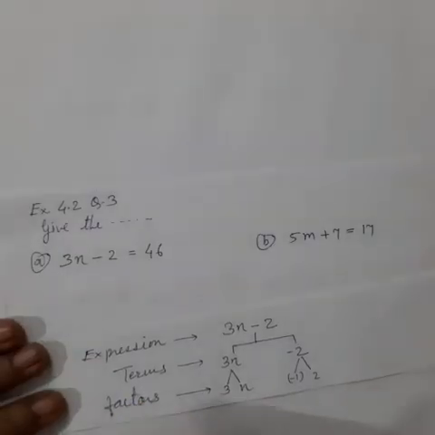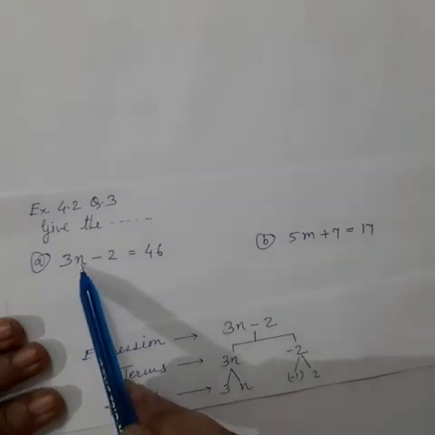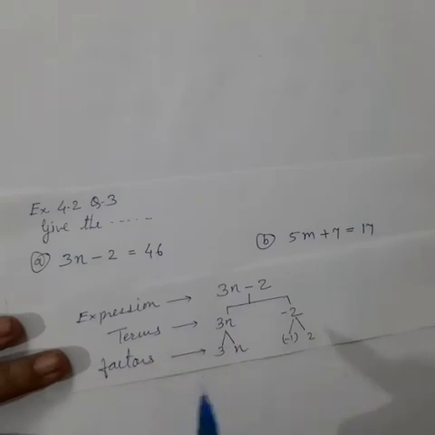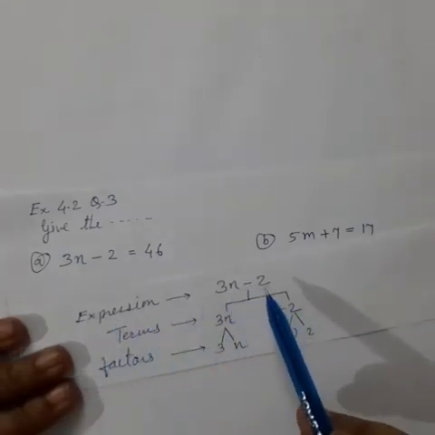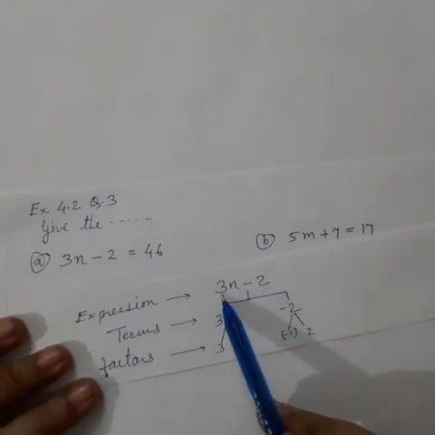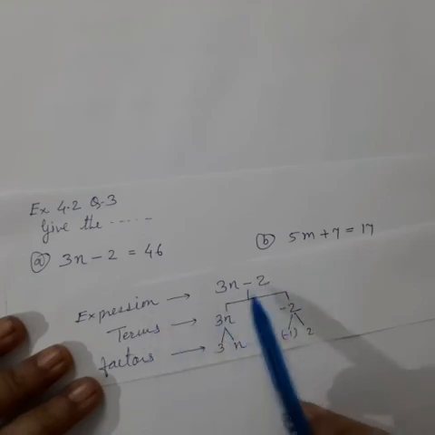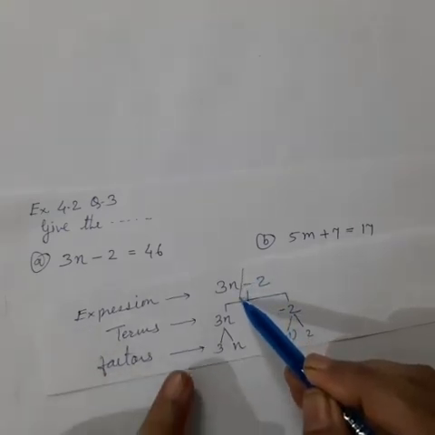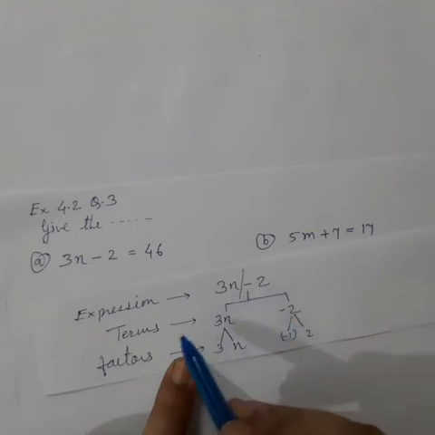Coming to question 3. Here also we have to solve this equation. Here we have to find the value of n. Here we have to find the value of m. But see here, the expression is 3n minus 2. Now here we have to remove 2 also and 3 also. But these parts 3n and 2 are the parts of these expressions, and they are separated by plus or minus sign. The parts separated by plus or minus signs are called the